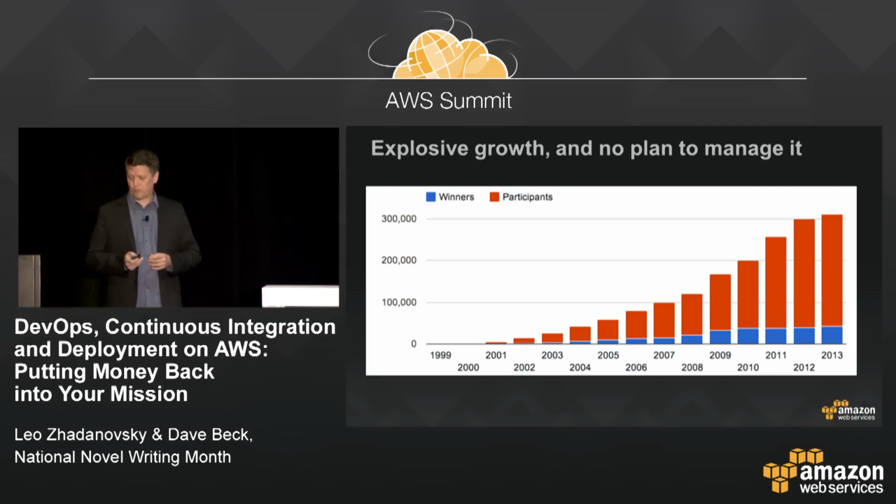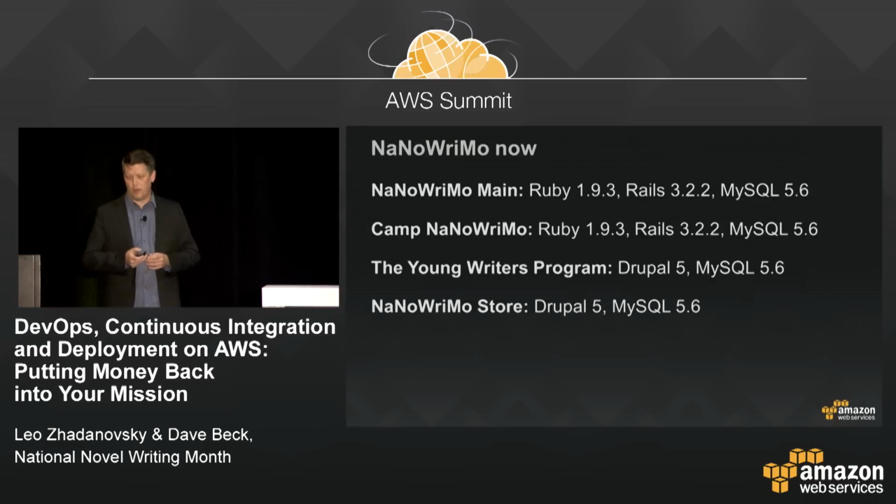So around 2009, 2010, we found that we just could not manage the kind of growth we were having anymore. First, let me tell you about our sites. We've got 4 sites right now: Nano Main, running older versions of Ruby and Rails and MySQL. Camp Nano runs in April and July. And then we've got the Young Writers Program, geared toward teens and younger kids and the schoolroom setting, in Drupal